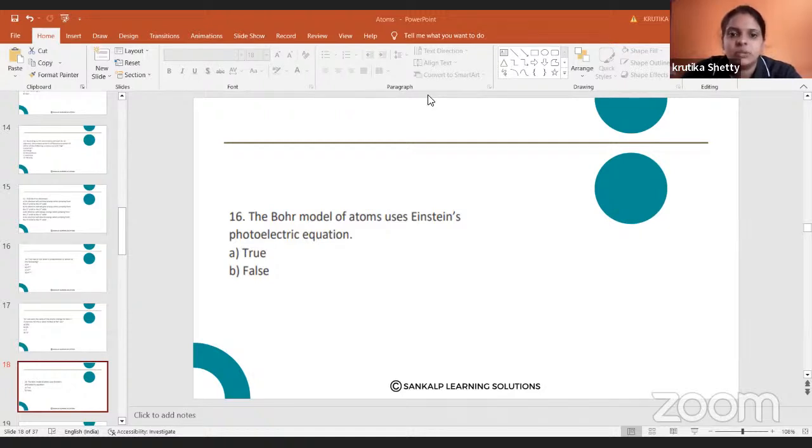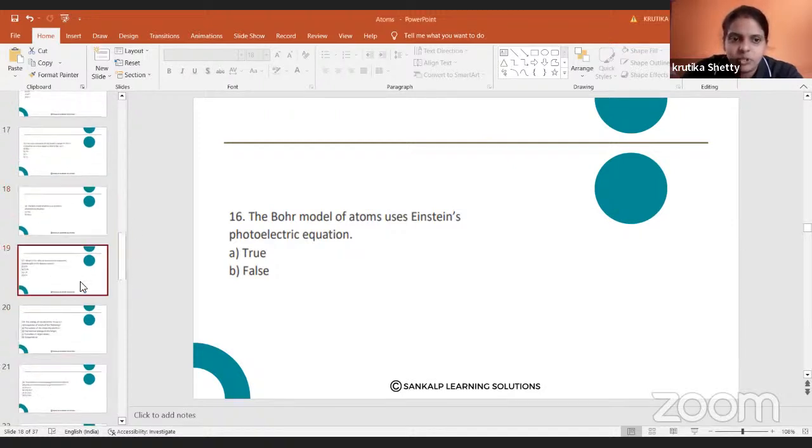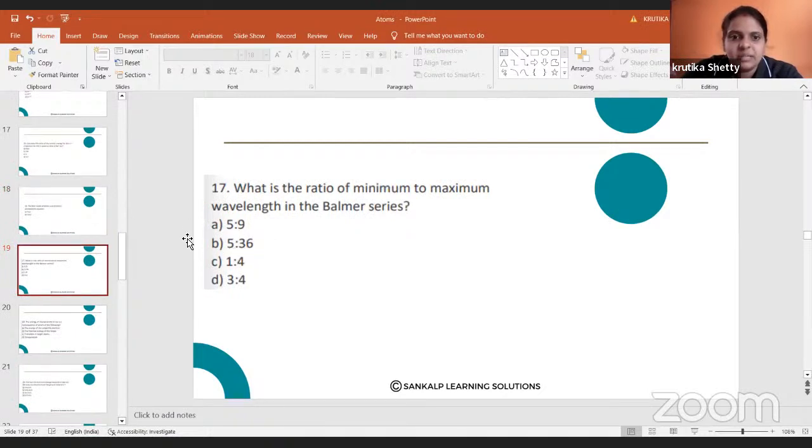Yes, it is true. Here the Bohr model uses Einstein's photoelectric equation, so that is the energy relation he will use there. Bohr adopts a little of Einstein's theory here and gives his second postulate, or the second assumption. Okay, so the next question is, what is the ratio of minimum to maximum wavelength in